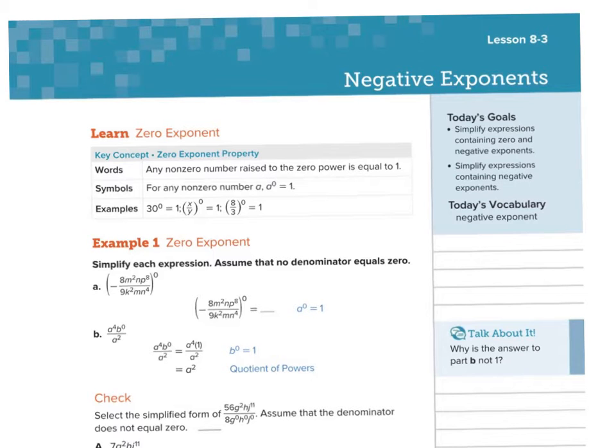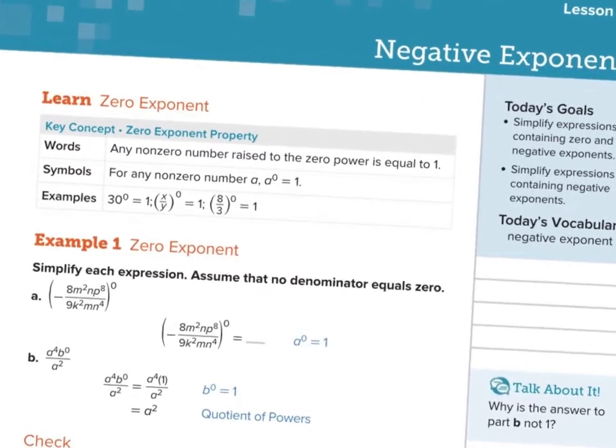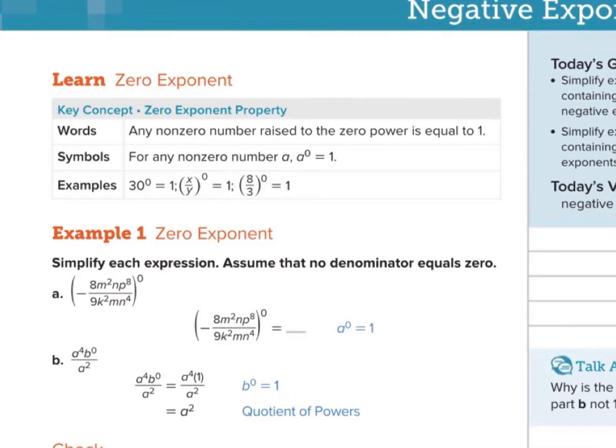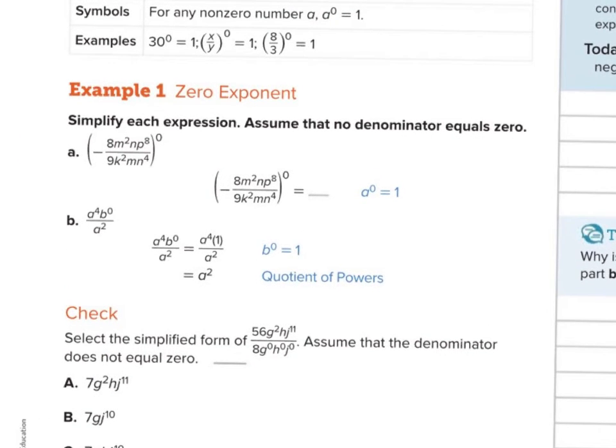So 8.3, we're going to start looking at negative exponents and 0 exponents. So let's do the 0 first, because that's actually easier, okay? So 0 exponent. I'm just going to look at